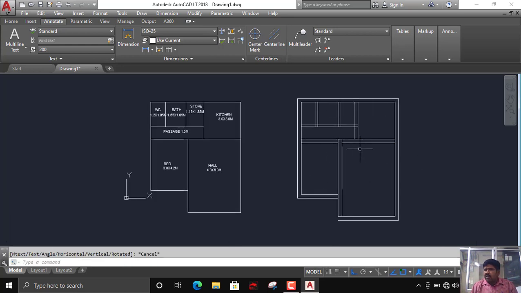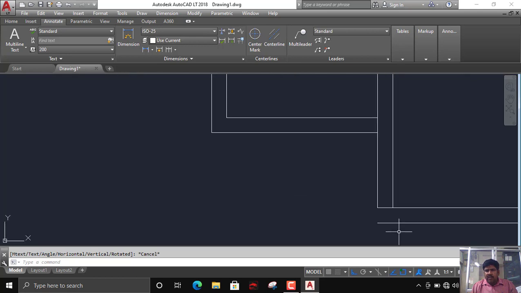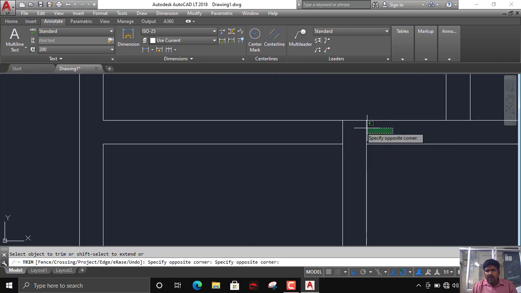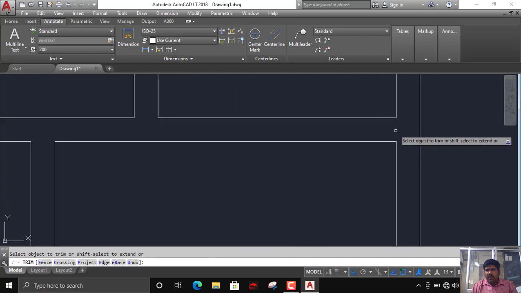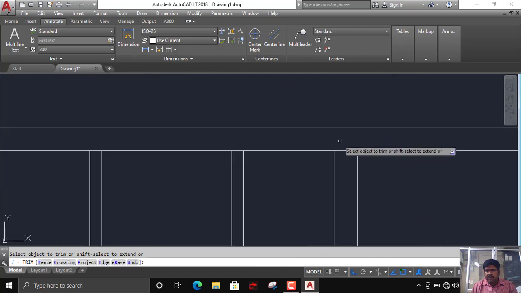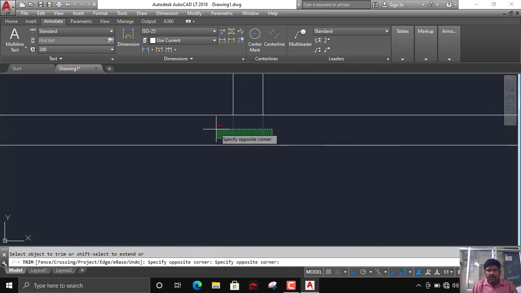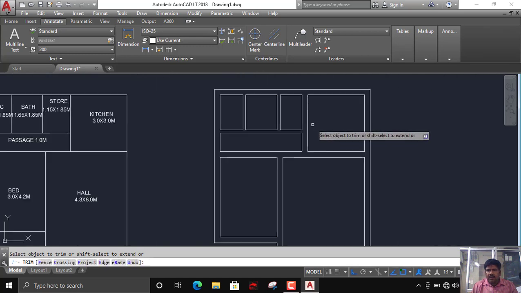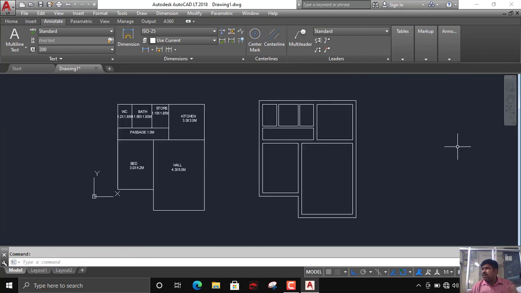So this is done with the walls. Just I have to finish it off. Fillet this. All corners I will trim. Right? I will trim all the corners. This is your plan. Done with the line diagram. Once you complete this, what is next remaining?